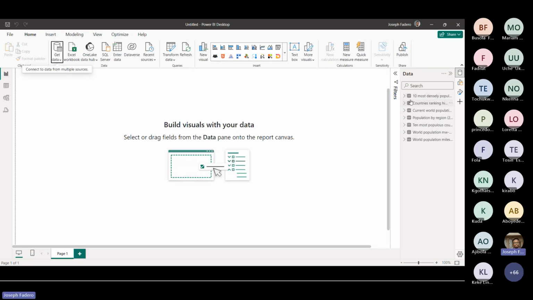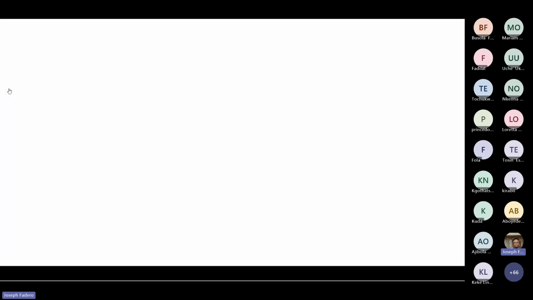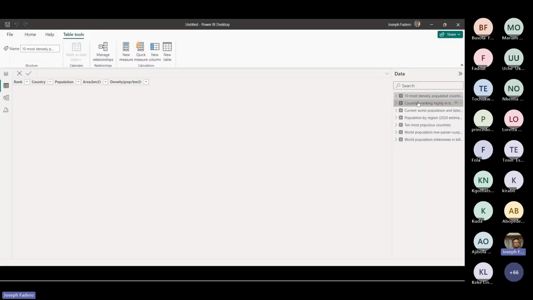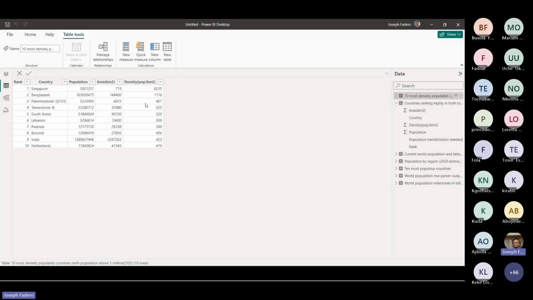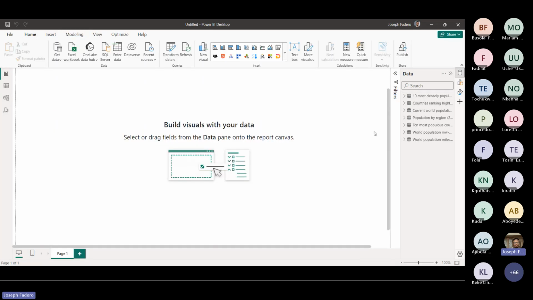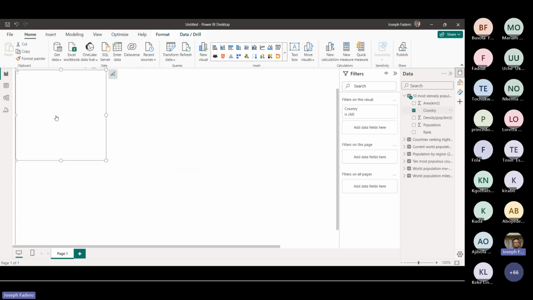But the moment you've done this, you see your data here. This is your data. And if you want to see the underlying data behind each of those fields, you can come to your table view and you can click on the table, for example, expand the column. You can see the data that you brought into your Power BI as well. And if you want to start doing a simple visualization, let's say this top 10 countries by population, I can drag, just like you do with a pivot table, I can drag the country here,